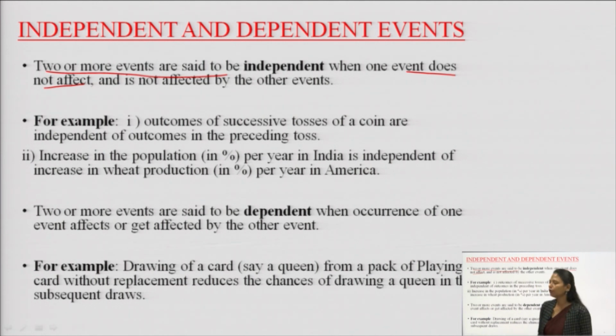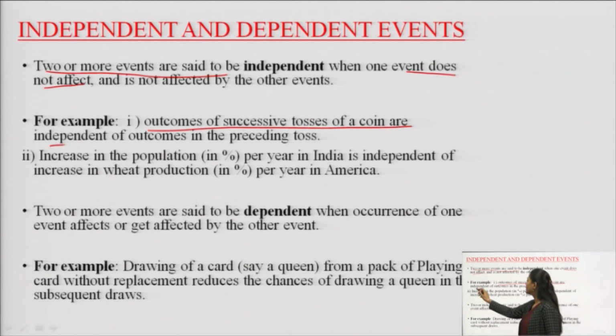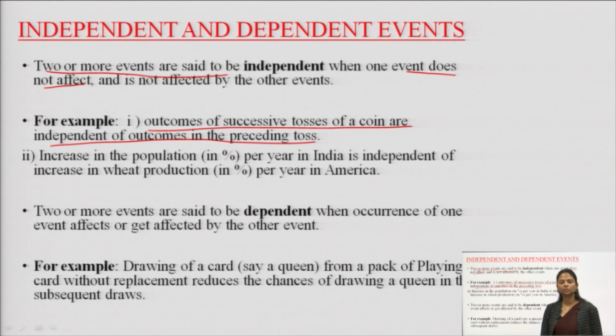For example, the outcome of successive tosses of a coin is independent of the outcome in the preceding toss. Why? Because if I am tossing a coin and I am getting head, and I am again tossing the coin and getting tail, my first head is not affecting the tail which has just come in the second toss. So, the first toss and the second toss are independent, they are not affecting each other. So, these are called independent